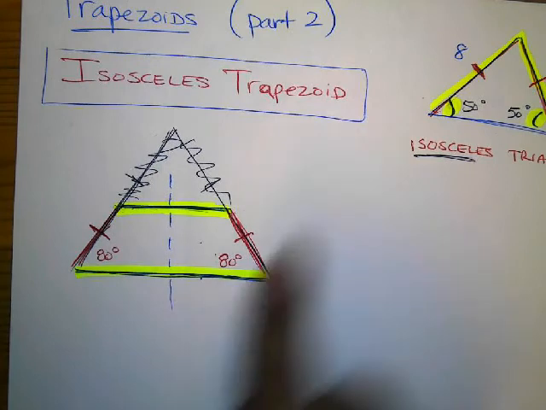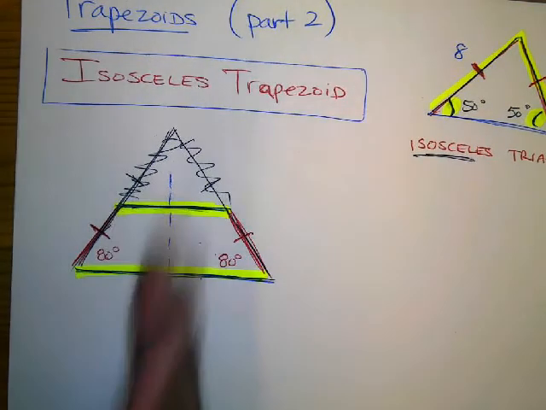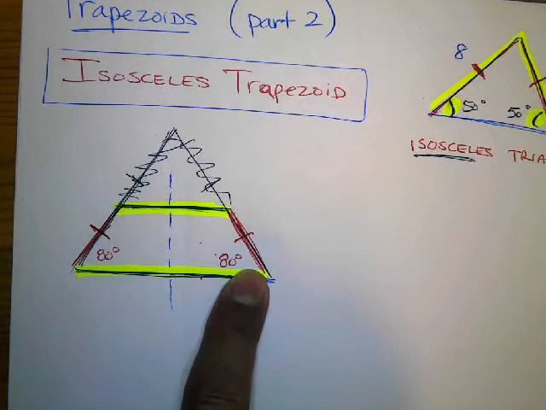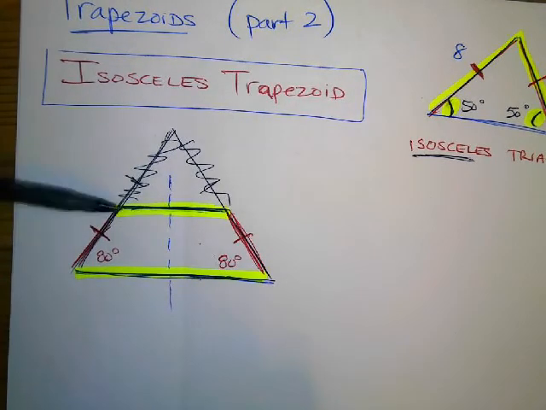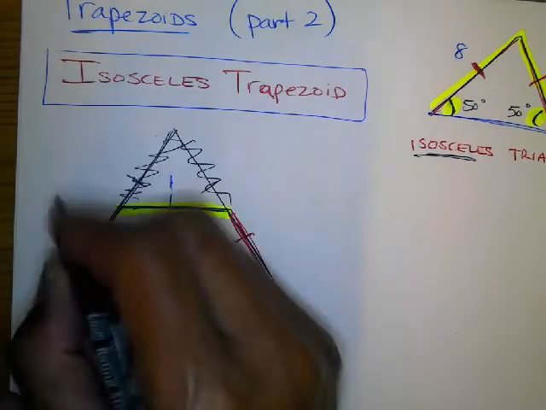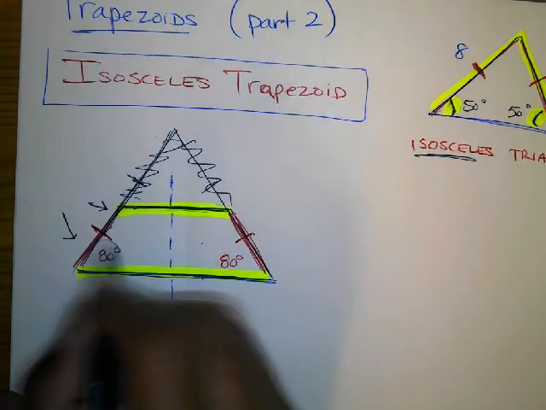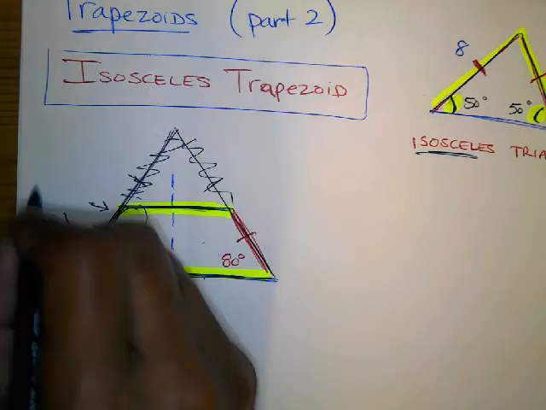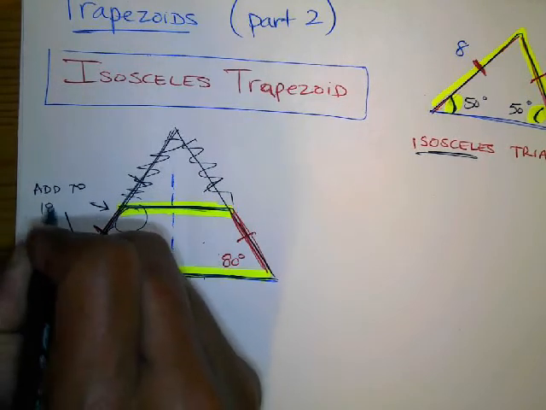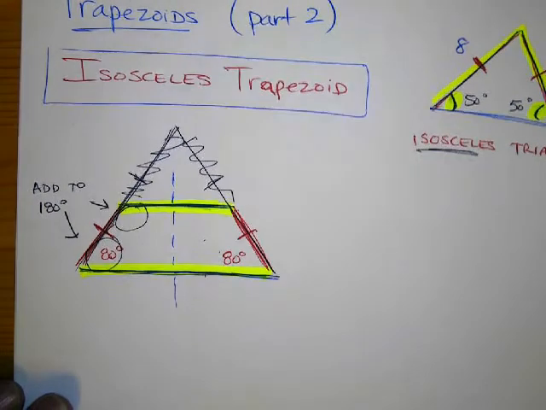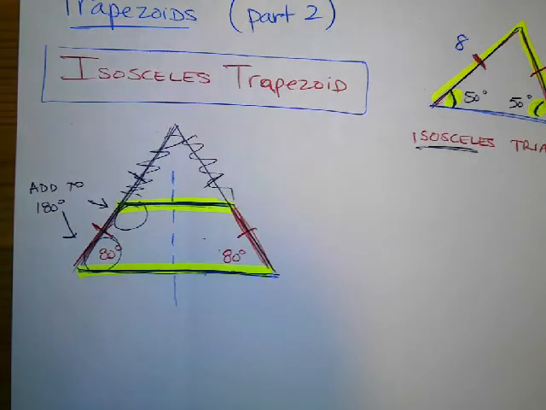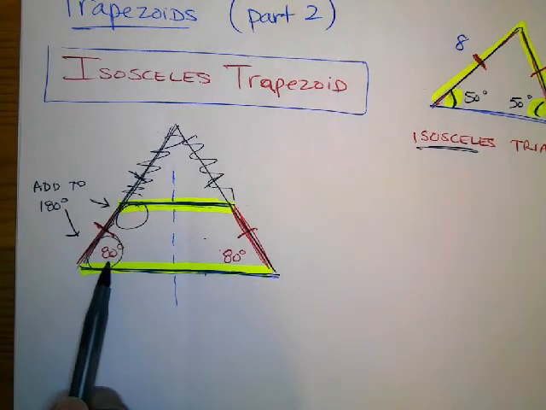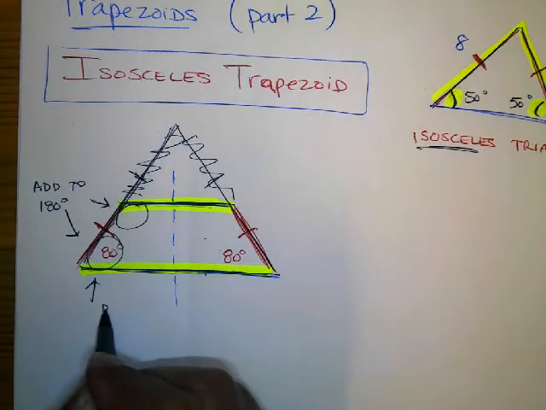So it's kind of a perfect type of trapezoid. You can cut it right down the middle. This one's 80 and this one's 80. But then what else holds true? Remember from before, if these lines are parallel, these angles here add up to 180 degrees. So guess what? On an isosceles trapezoid, you really only need to know one angle, and you can find all of them. If I start with this one and I know this base angle is 80,